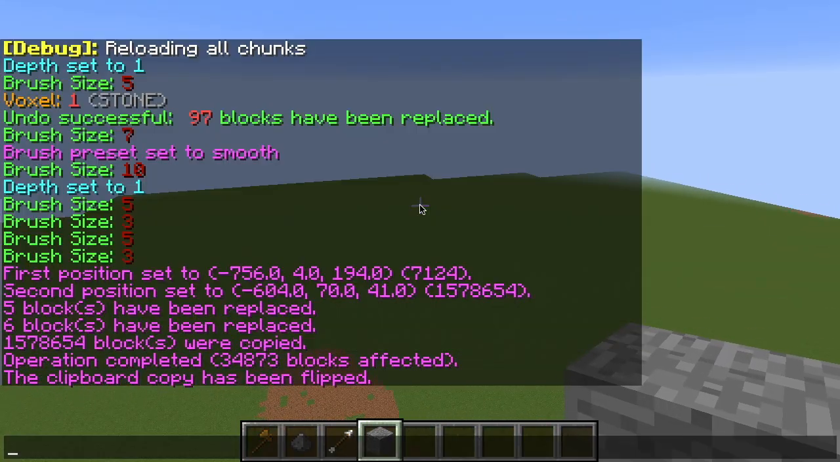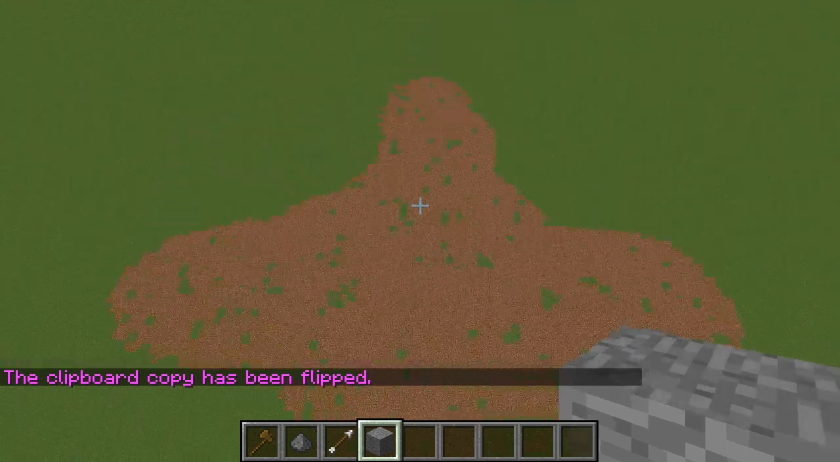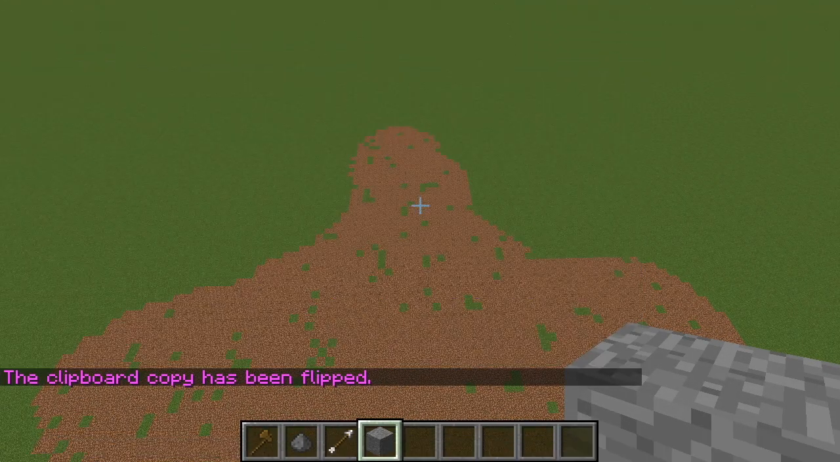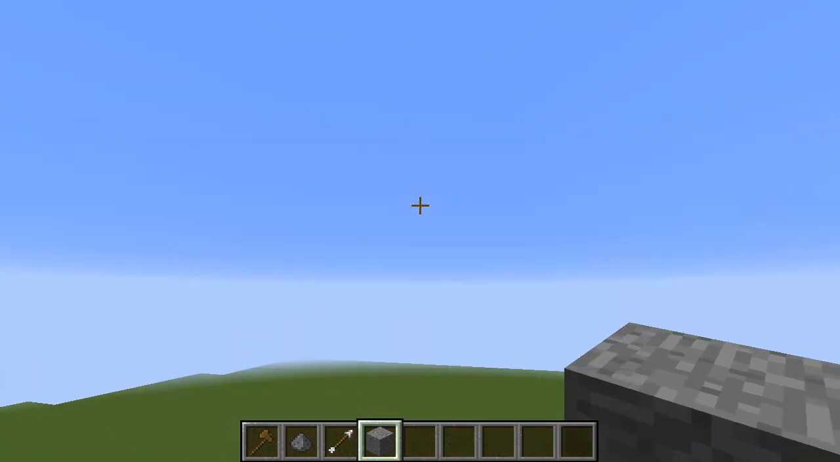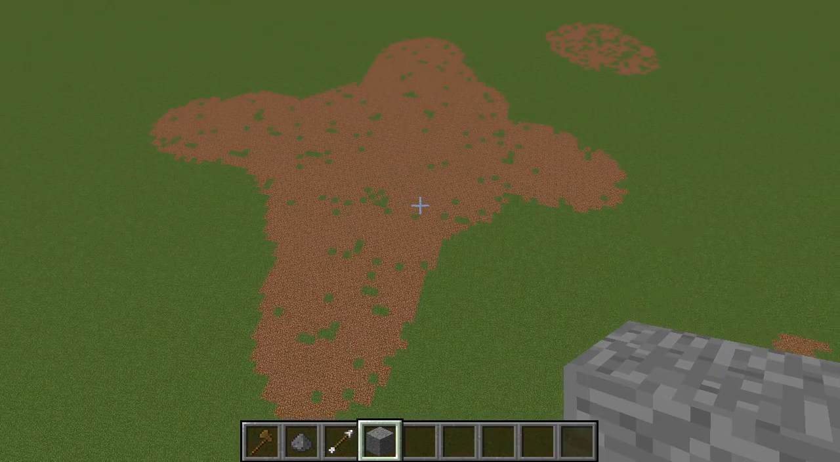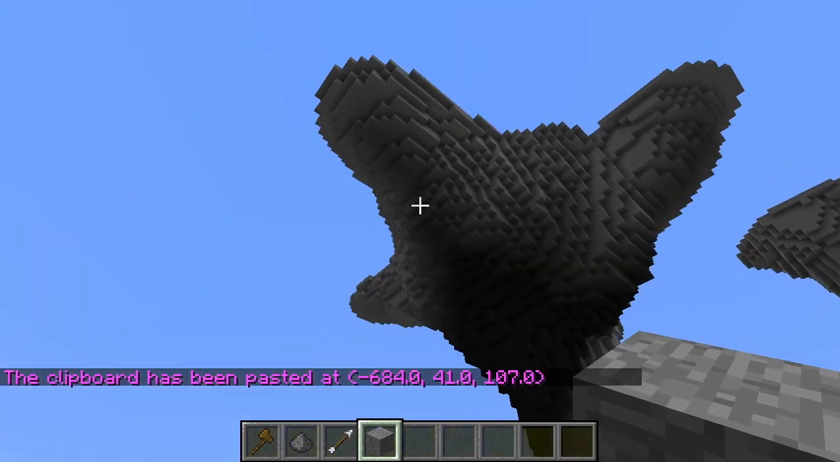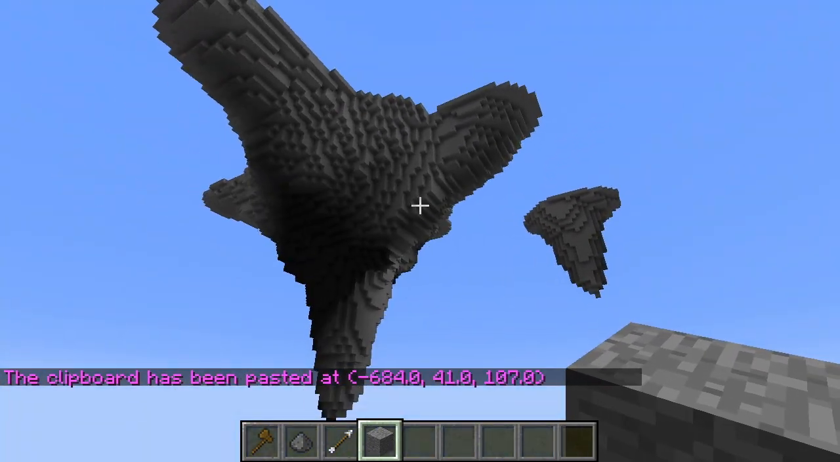Then we're going to paste it in -A because that gets rid of all the air blocks, and that will severely reduce the amount of blocks that we're pasting in, so it'll make it paste in faster. Now give it a sec, there we go, and I forgot to give myself night vision, which will get rid